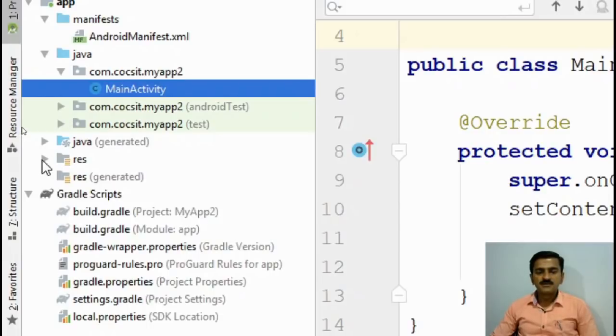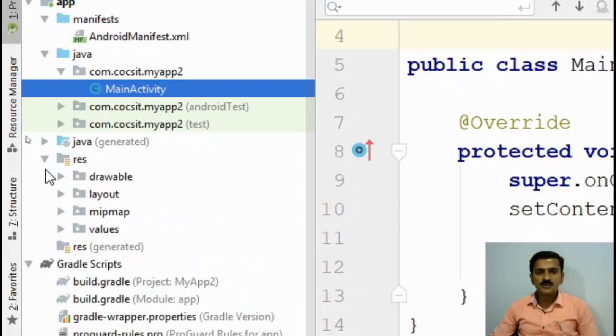Then the next folder is the resource folder. Inside the resource folder there are different folders: drawable, layout, bitmap, values. This folder is used to store all the resources required for your application.